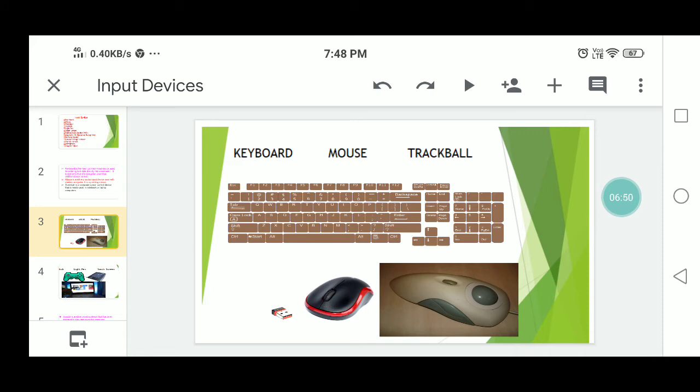There are five simple techniques to use the mouse. You can click, you can double click, and then you can drag something from one place to another place. Drag the pictures. Then you can use the right click, and also the scroll button. You can click the pictures, double click the icons, and drag the pictures.